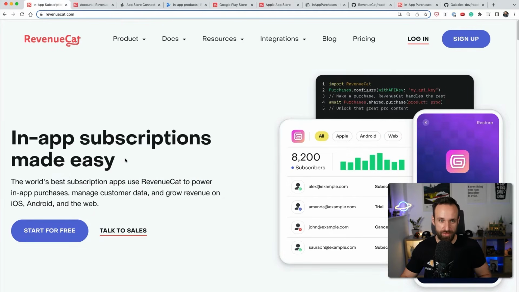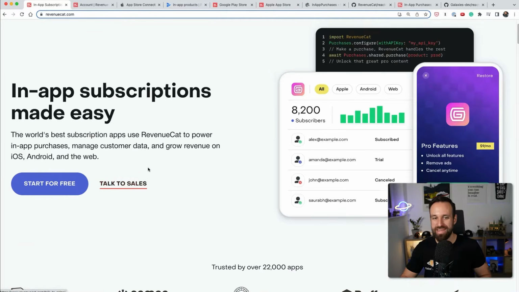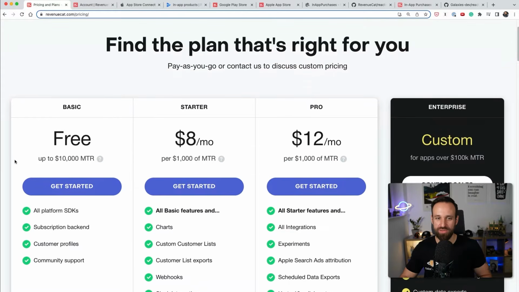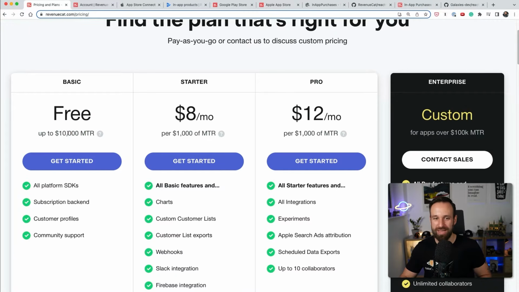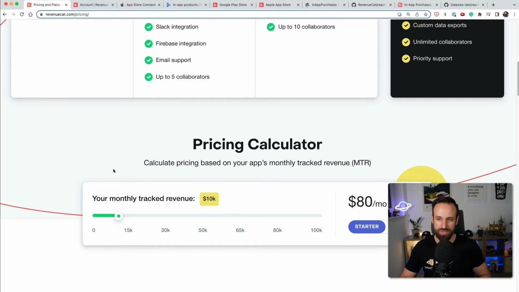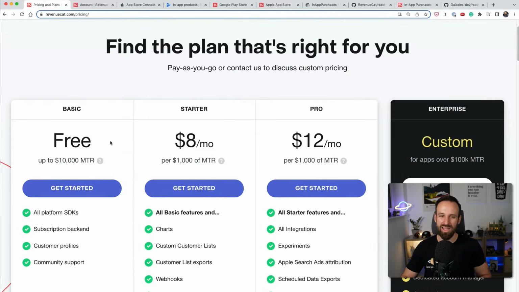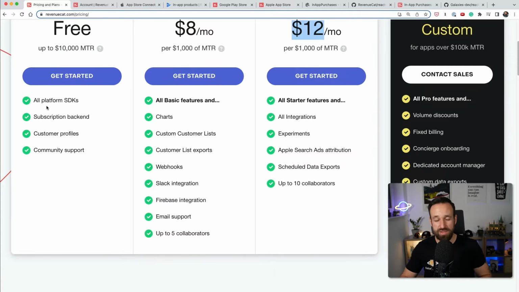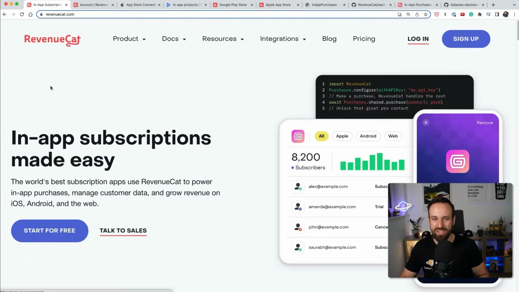So you can check it out, RevenueCat.com, in-app subscriptions made easy, and it really is that easy. And the pricing is also pretty easy to figure out because you can just get started for free up to 10,000, what is MTR? Monthly tracked revenue, so not MRR, MTR. But anyway, that's a lot of money. So I guess at 10K MTR, you can afford at least $8 per month or $12 per month per $1,000 to get advanced functionalities. But we're gonna just use the free functionality in this video, and it's gonna be enough